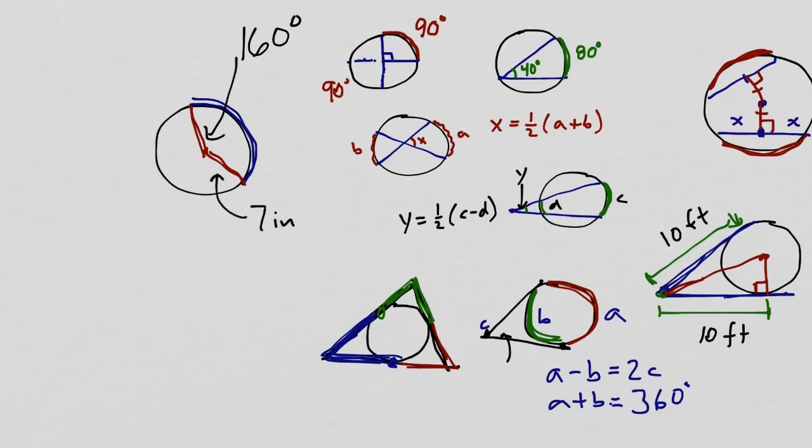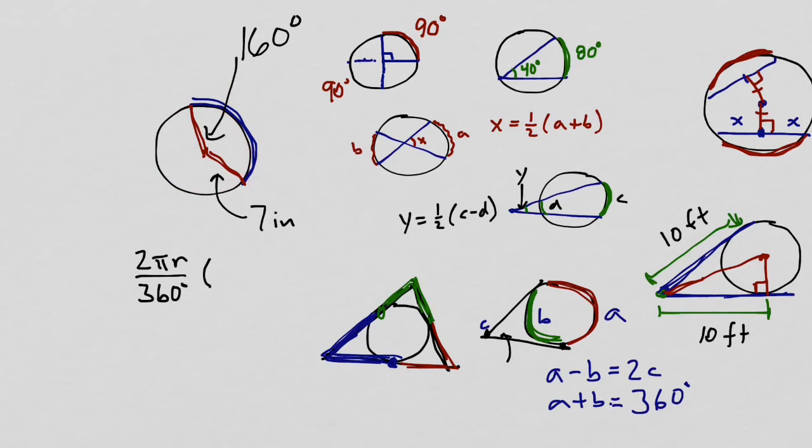So then the full distance around the circle is given by the formula 2 pi r. The circumference is given by 2 pi r, and that corresponds to 360 degrees, the full number of degrees around a circle. So if I want to know the distance for just part of the circle, rather than the whole circumference, if I just want it for this part,